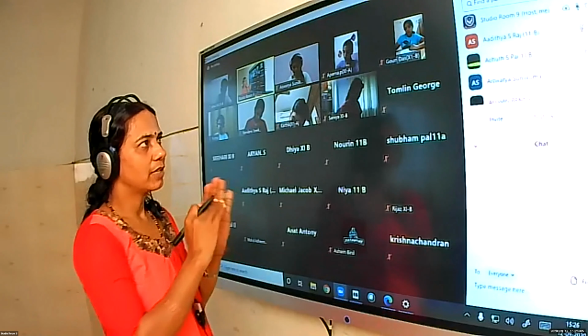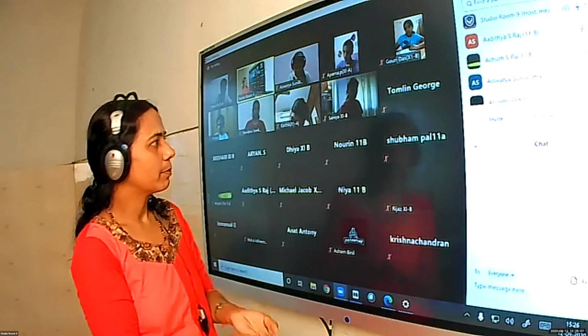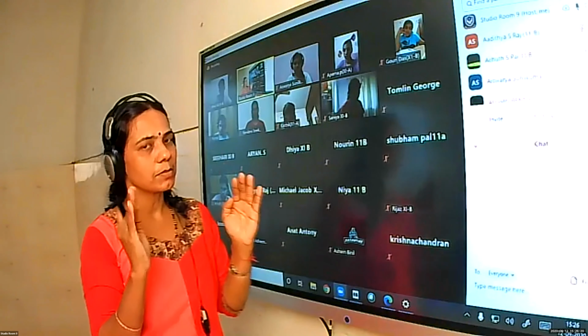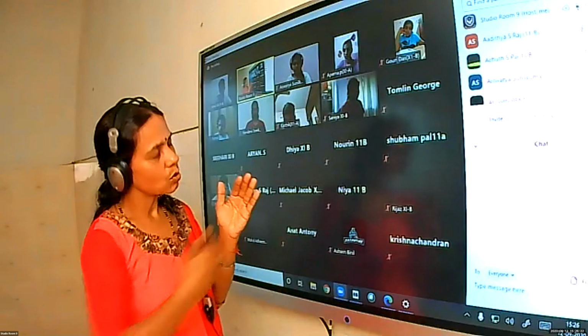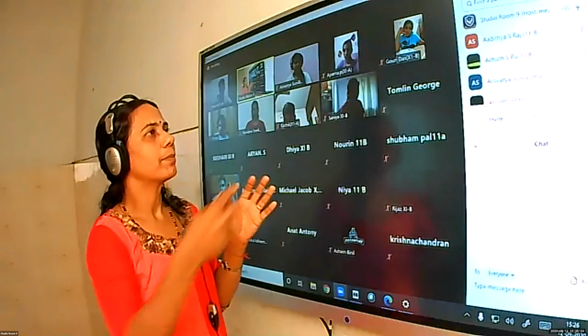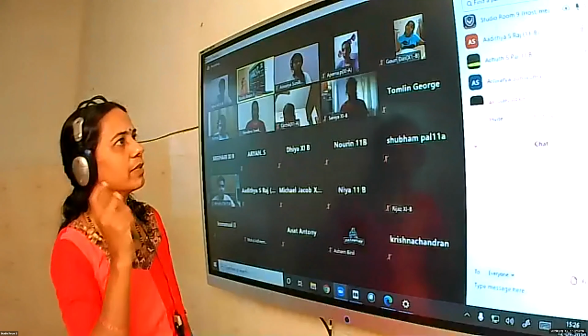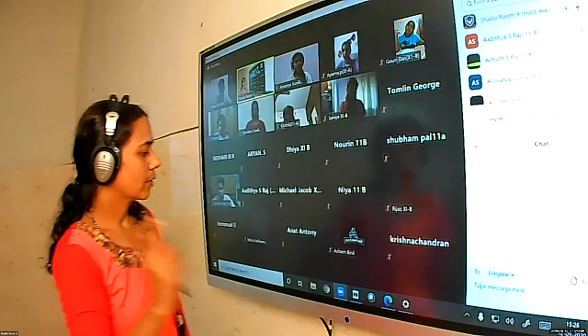Few of them are there with applied maths and few are there pure maths. Here, concept you should know. Then only you'll be able to solve the problems. Just what is meant by derivative? That's the concept I'm going to teach. But while solving, we'll not be using that one. We'll be applying the formulas and all. But the small introduction, you should get familiar with what is meant by derivative.